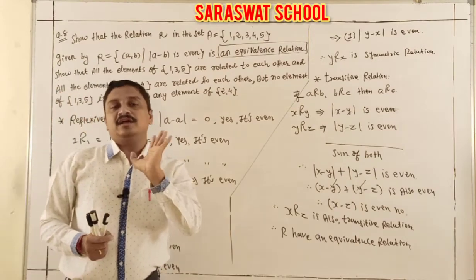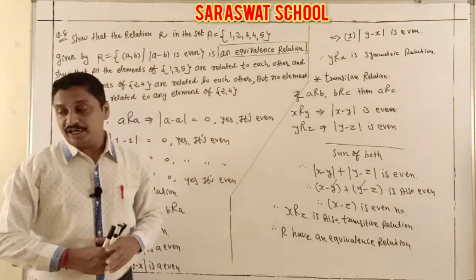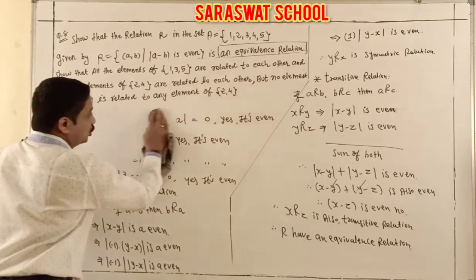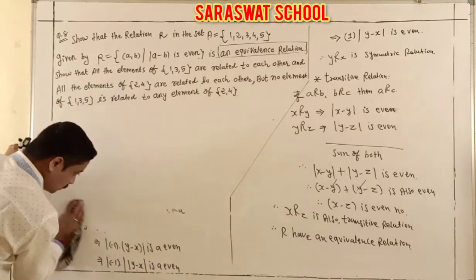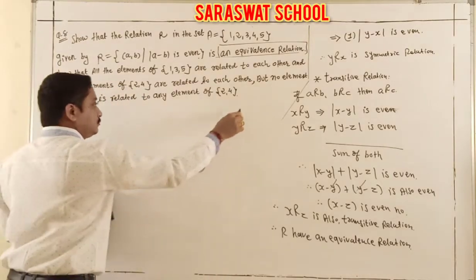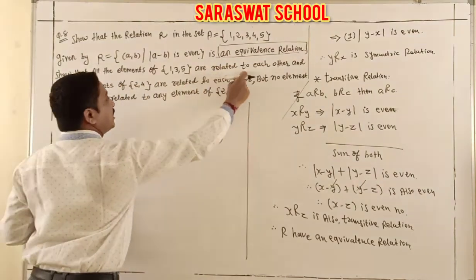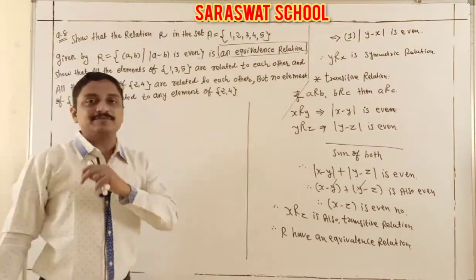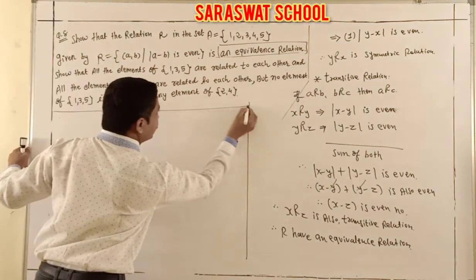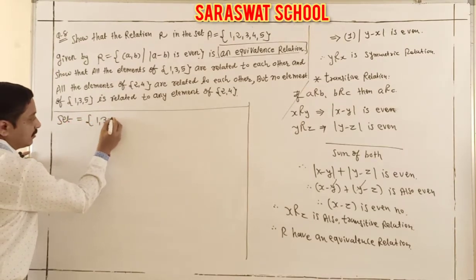Yes, here only one and a half sums done. And now further I am reading the similar next one. Students, next reading to show that it is this part. Show that the elements 1, 3, 5 are related to each other. It means I only explain now that 1, 3, 5 are related. This is a question. Now continue, the set given is 1, 3, 5.